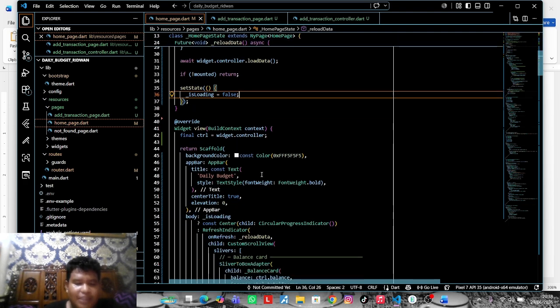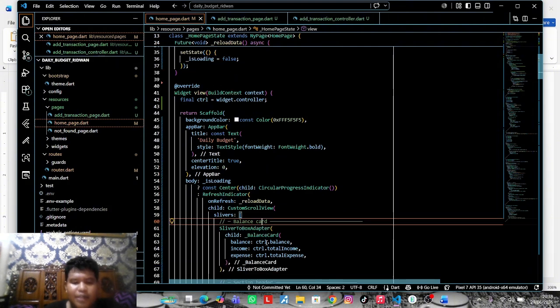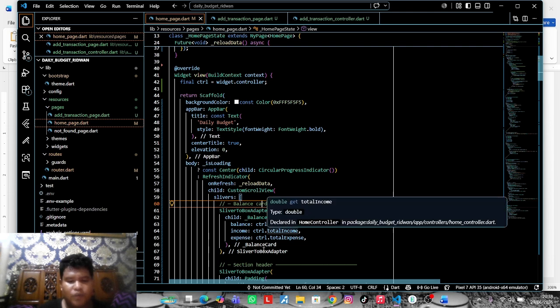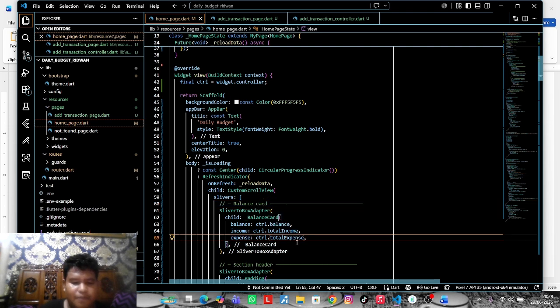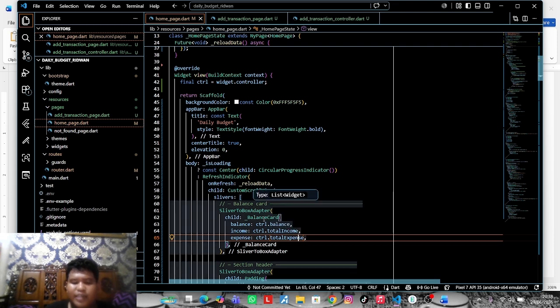At the top of the page, there is a balance card that shows the current balance, total income, and total expense. These values are calculated automatically based on the recorded transactions.